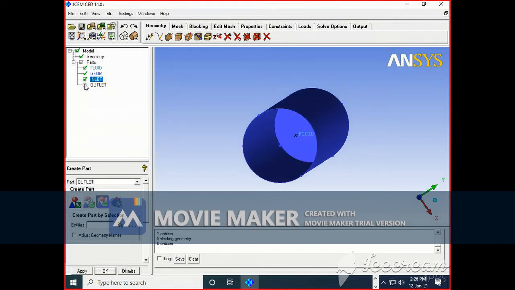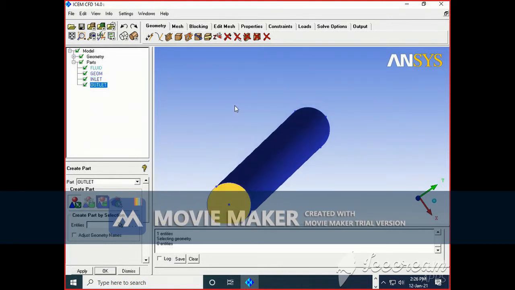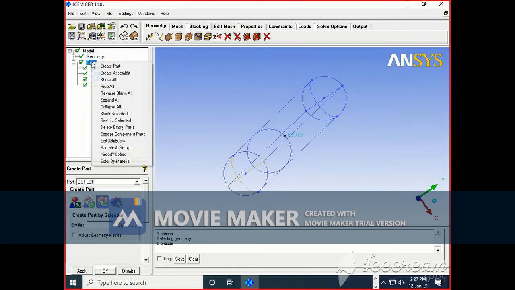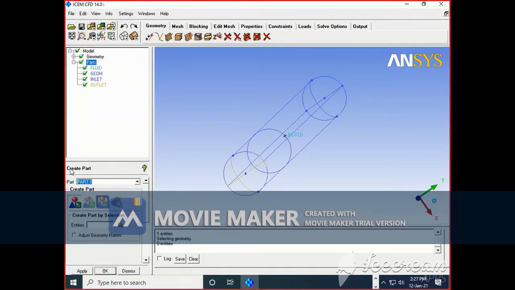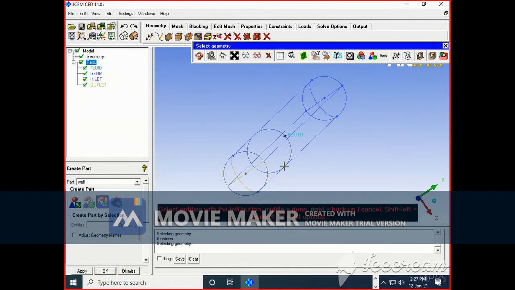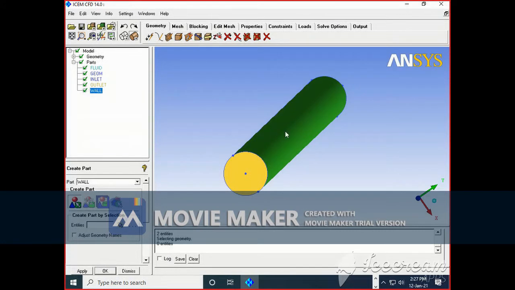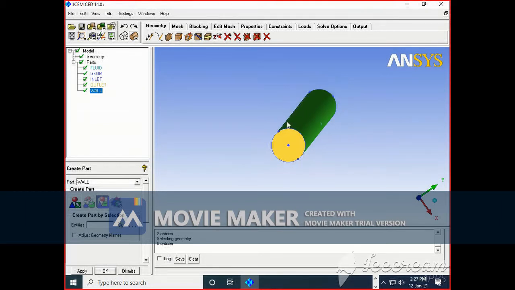So likewise you can hide these surfaces. For that purpose we need to give a label. So another label I want to give, that is wall, and that wall I will select this wall and another wall. So it is wall. If I go here I can deselect wall. I have given the label for the wall because in Fluent I will give thickness. In Fluent also we can give the thickness of the surface. Okay, so that we can do.